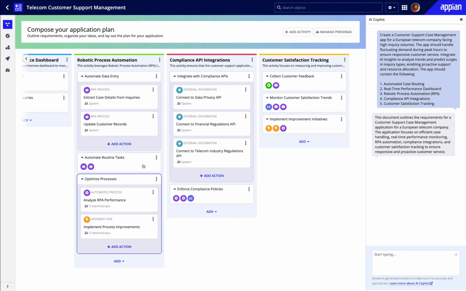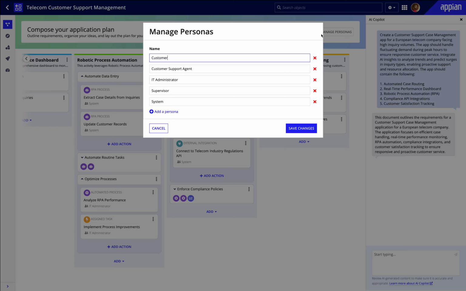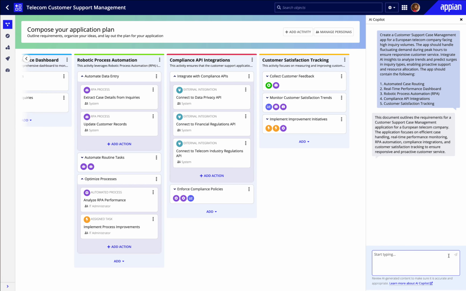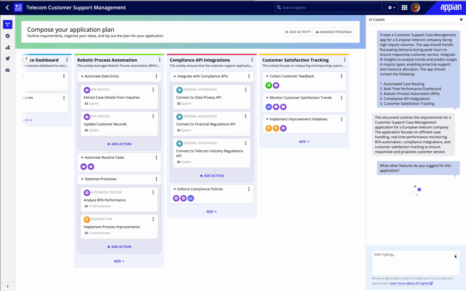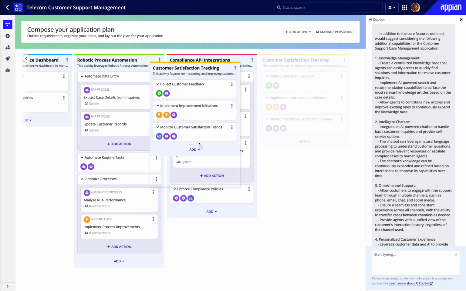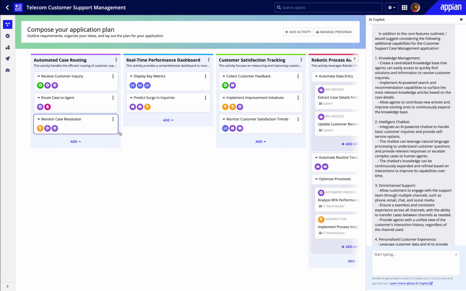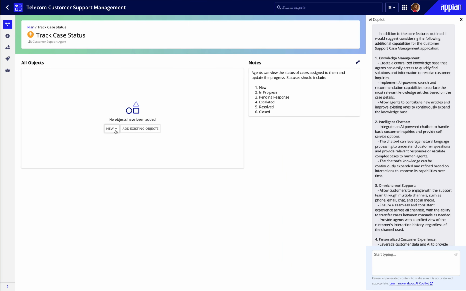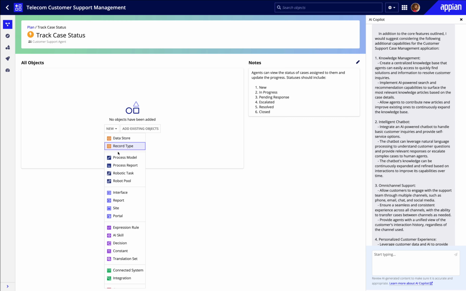Appian Composer also guides you through defining application personas, viewing requirements through each user's role and responsibilities. This is a great starting point for further collaboration between you and your business users, and you can further customize your application plan as you'd like by either using AI-Copilot for assistance or making changes manually. Edit your workflow using drag and drop to reorder your workflow and capture even more details from your application users. When you and your team are aligned on requirements, you're ready to start building.